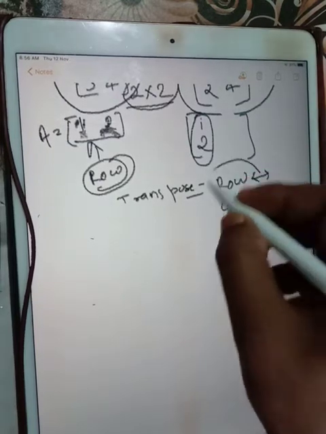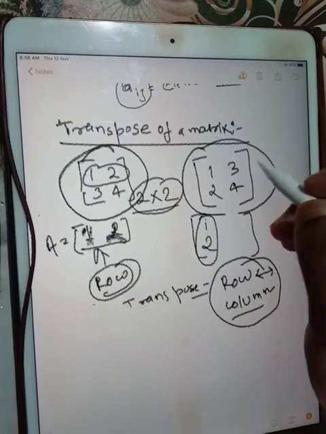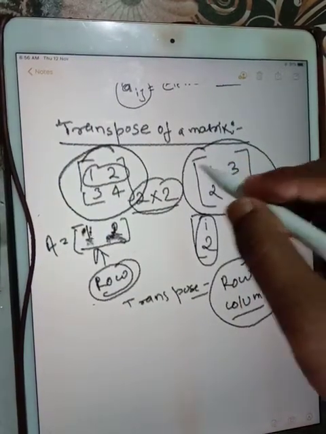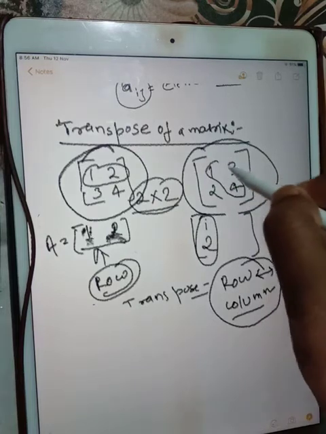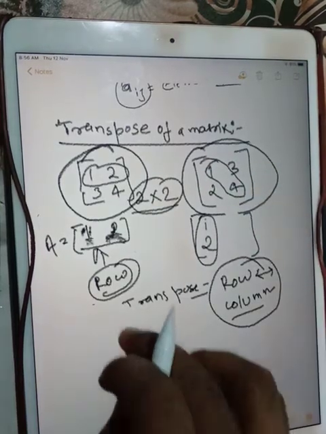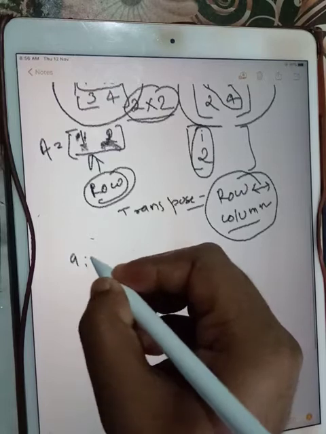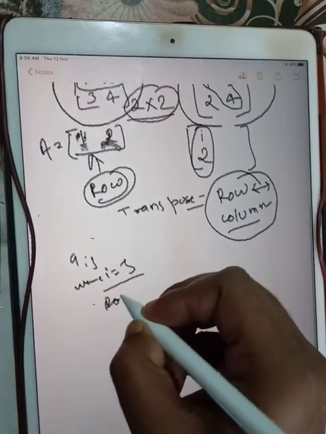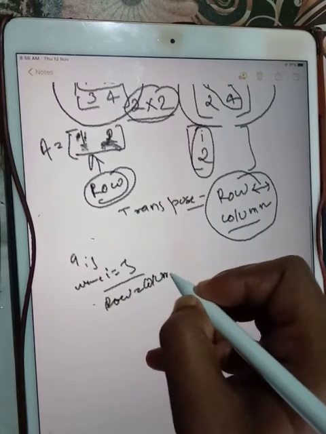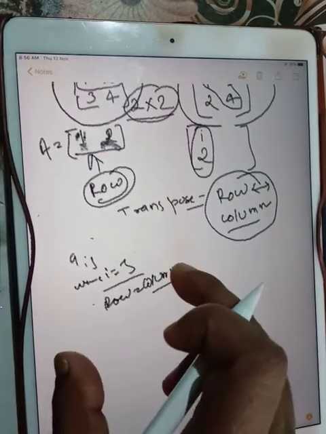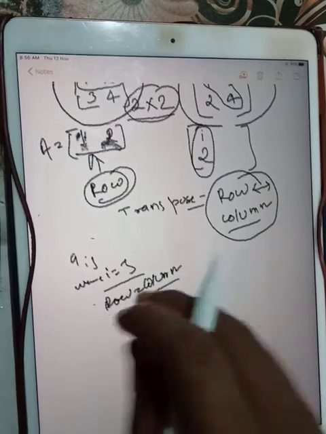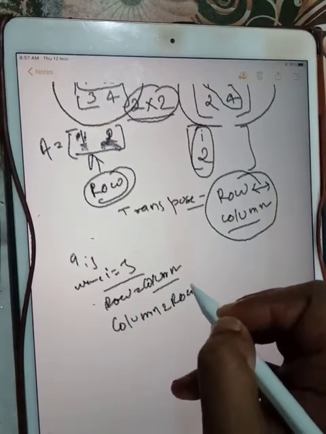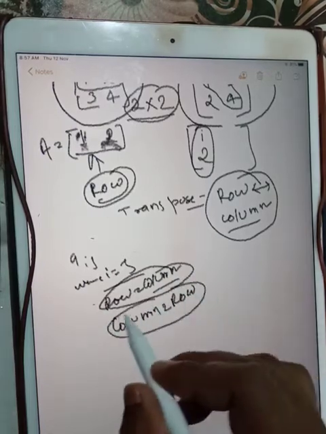Okay, so one thing you must have considered here, that the diagonal elements in both remain the same, because here diagonal element means a_ij where i equals j. Okay, that is row equal to column. Then if we reverse column to row or row to column, then what we get? Again the same thing, row equal to column or column equal to row.